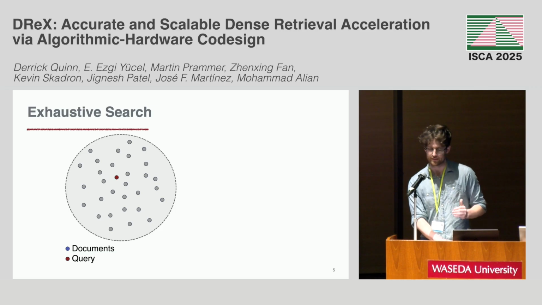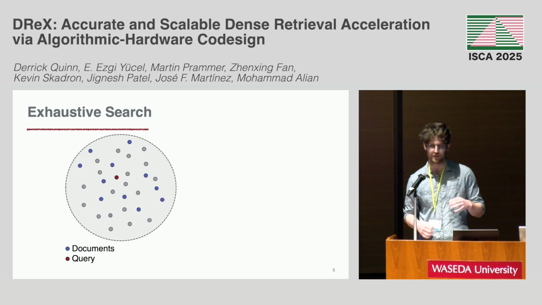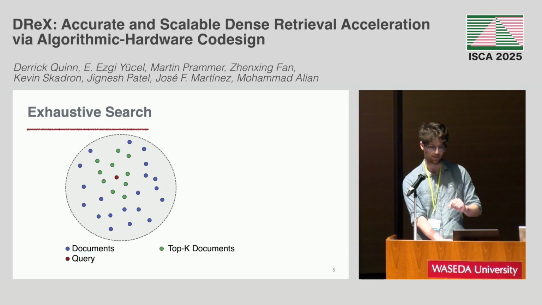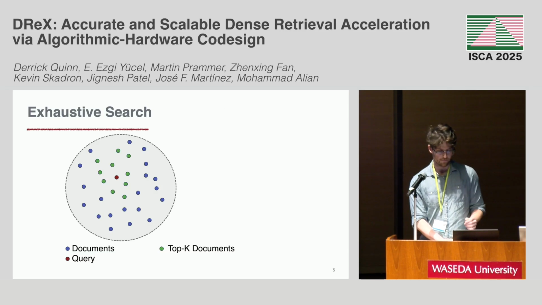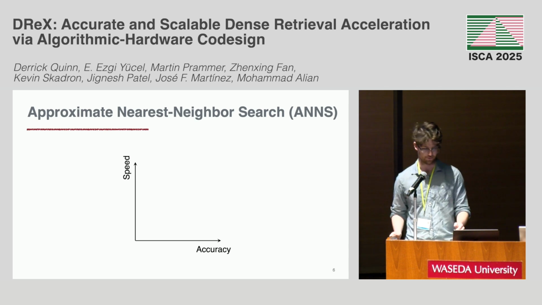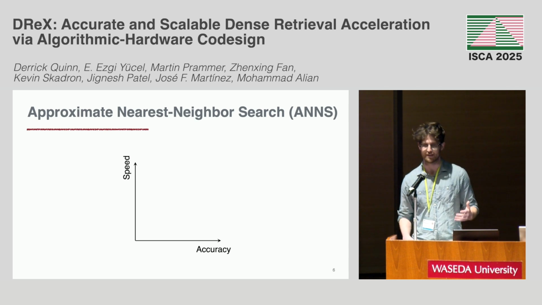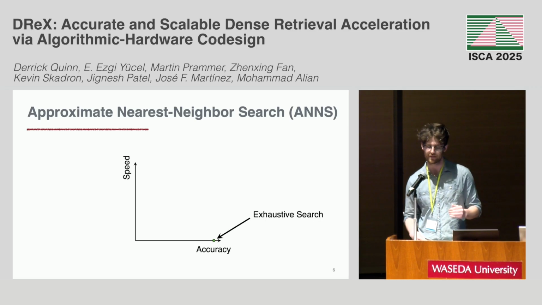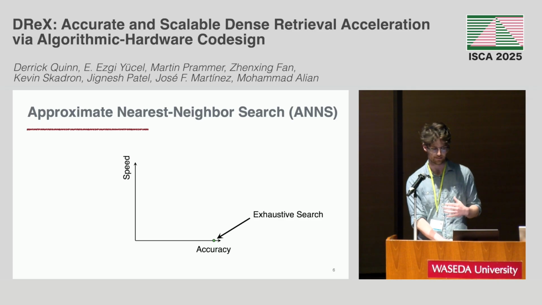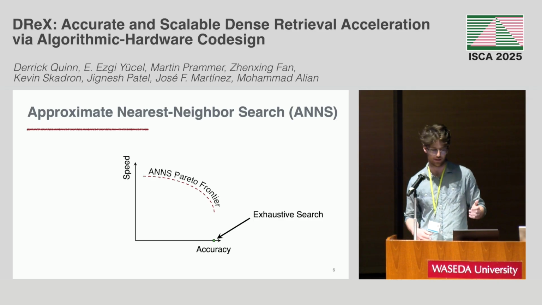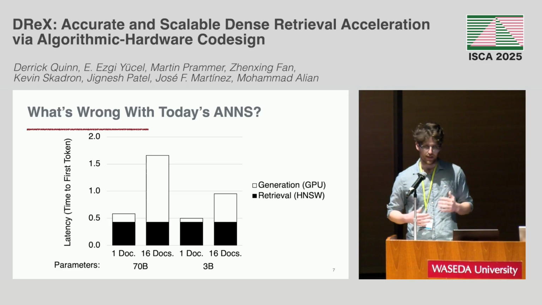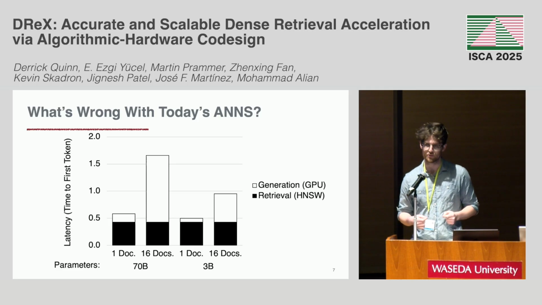The naive way to do this is via exhaustive search, where you essentially scan all of the documents iteratively, and then based off of that, collect the top k after you've scanned everything. But what's actually used in practice is approximate search, which lies on this accuracy and speed trade-off curve. And in fact, exhaustive search is here too. It's the most accurate you can get, but also the slowest you can get with a given data set. Whereas the rest of the approximate search schemes form this Pareto frontier of, you can get high speed by sacrificing a little accuracy. One thing that we claim in this work is that there's some shortcomings with existing approximate